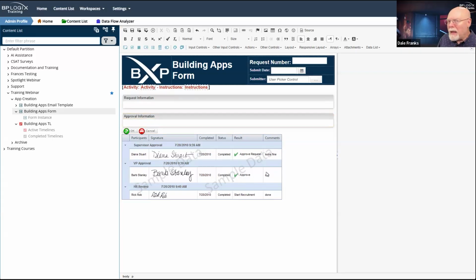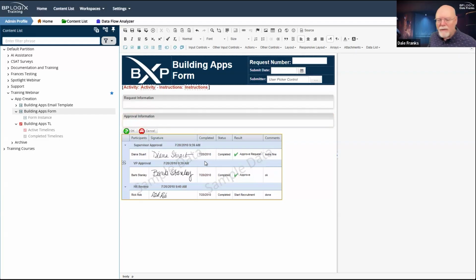So I've got my basic form set up here, and this is one way of configuring a form and setting it up. And I think this is probably the simplest way. And if you're going to set it up this way, that's why the routing slip needs to go below the button area control. It's just the easiest on your users. And if they want to see the routing slip, then they can scroll down, but you're not forcing them to. This is not the only way to design a form.